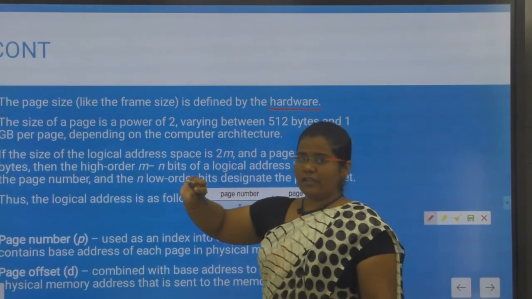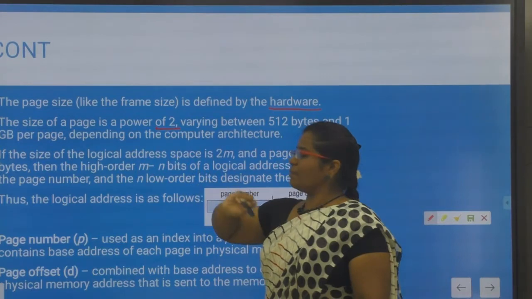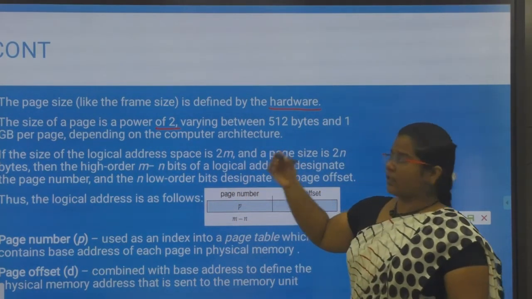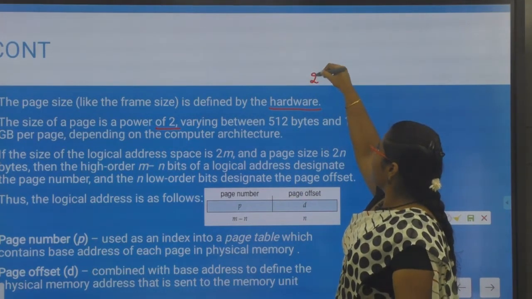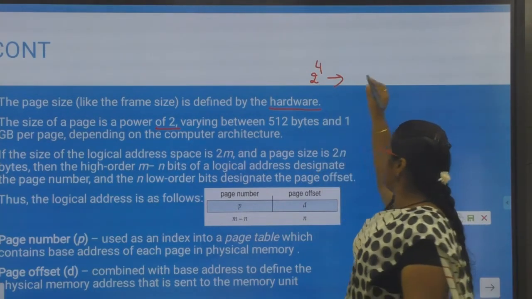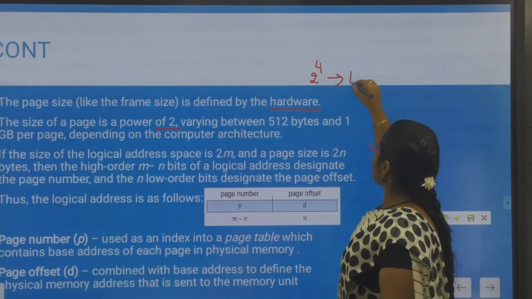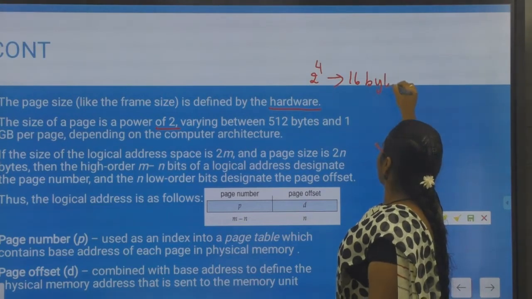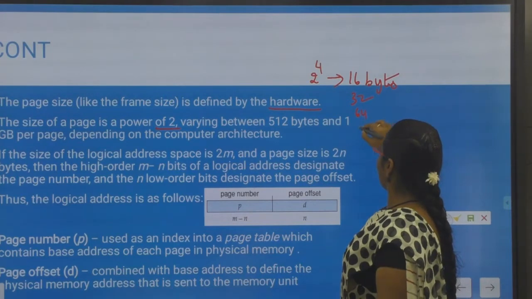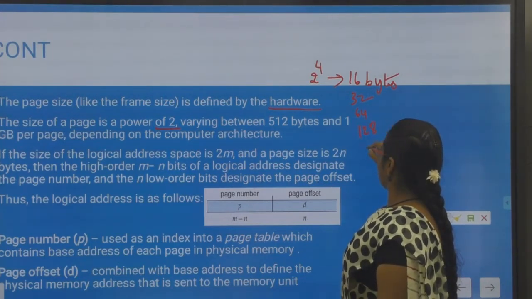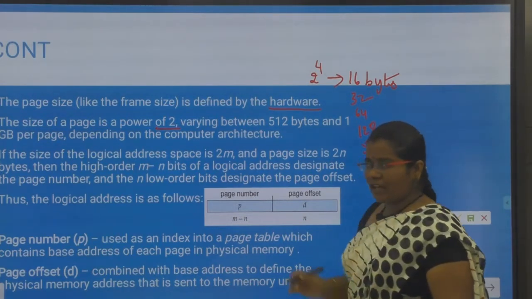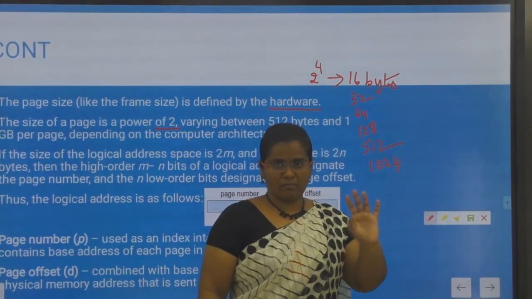Generally your page size will be in powers of 2, for example 2 power 4, which is 16 bytes. So your page size may be 16 bytes, 32 bytes, 64 bytes, then 128 bytes, 512 bytes, 1024 bytes, that is 1 KB. Likewise your page sizes may be decided.